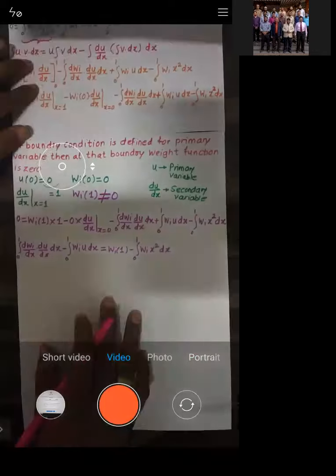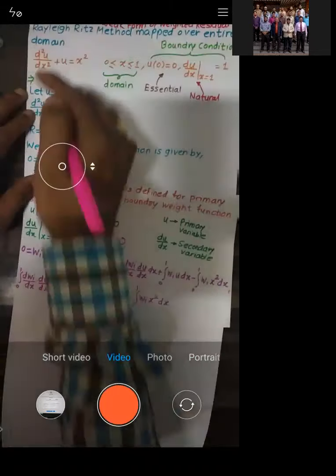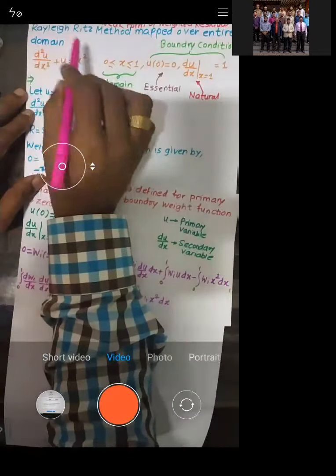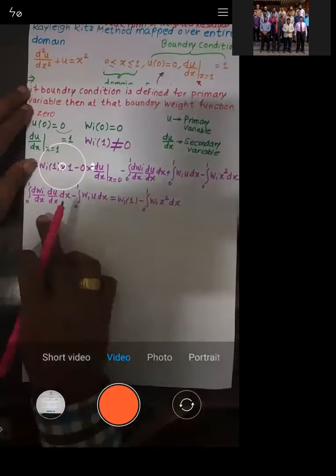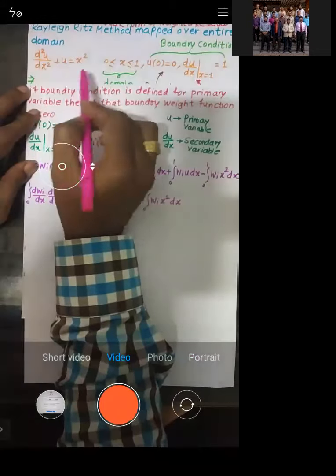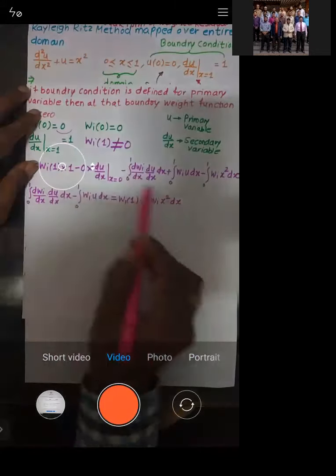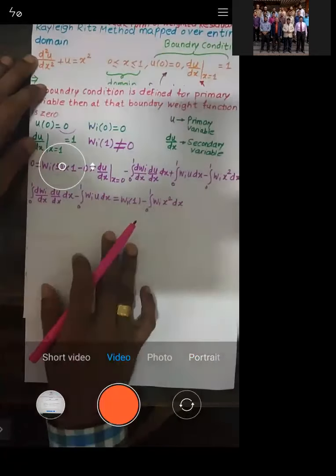Now you can see what advantage we'll get here. You can see the equation which we started with. This equation, which is a second order differential equation, we have now reduced to first order. You can check it: this is the second order differential equation, and now we have reduced it to first order. This is basically the first order. Now, based on this reduced equation,